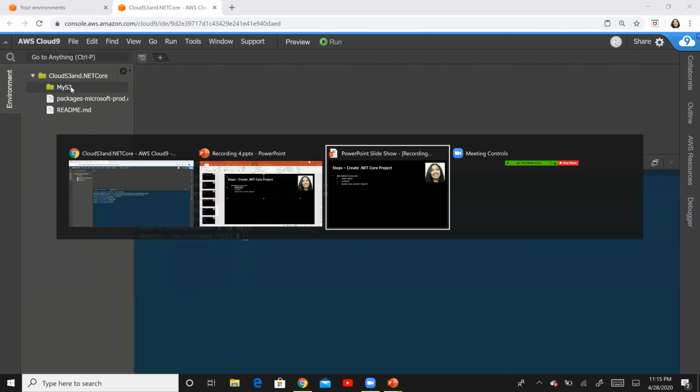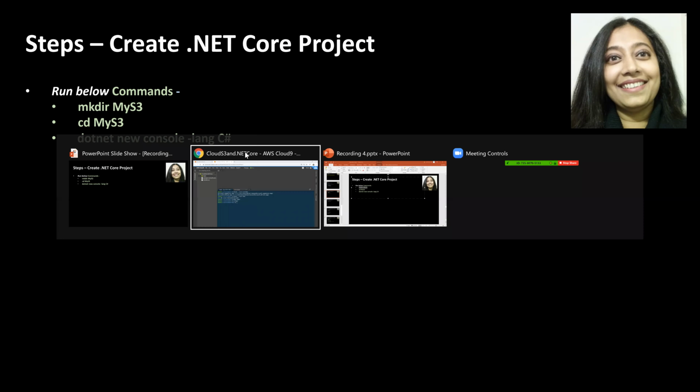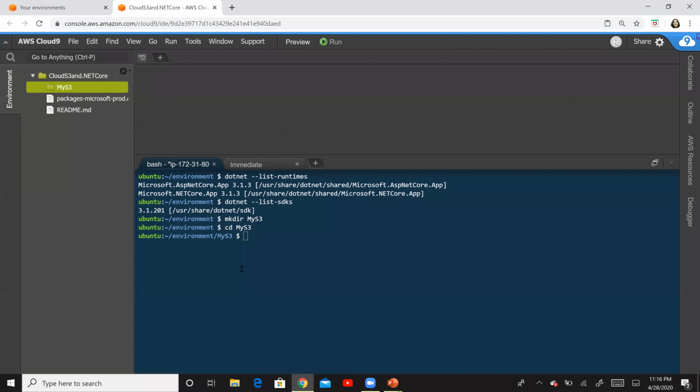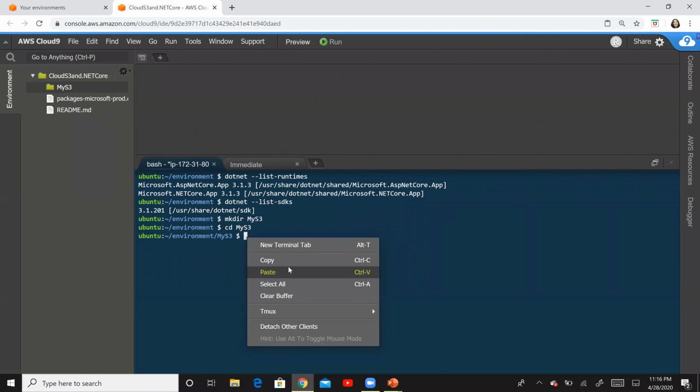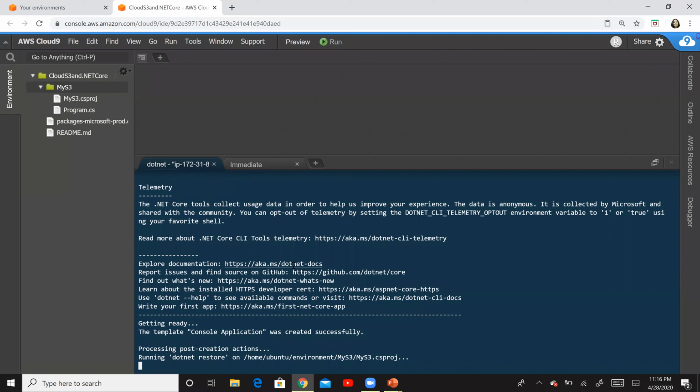Okay, so after our directory has been created, the next thing that we will do is we will create our C# project. And the command to do that is dotnet new console -lang C#. So let's go ahead and create a project. So this is the code. And all of these commands are on the GitHub website. Okay, so feel free to just refer to those commands from right there.